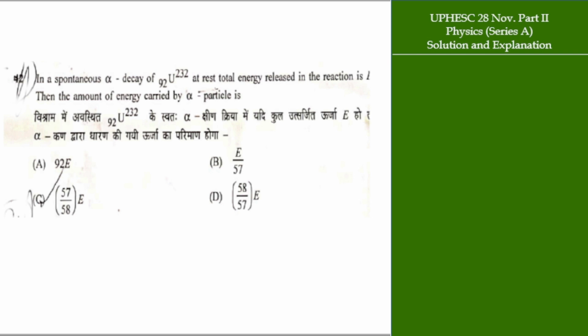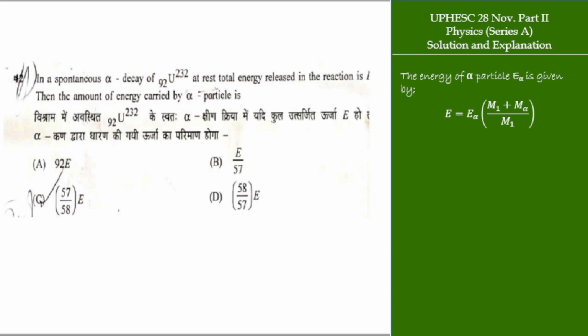So such type of question can be solved using this formula. E equals E alpha (m1 + m alpha) divided by m1. So capital E is the energy released in the reaction, meaning spontaneous alpha decay, while E alpha is the energy of